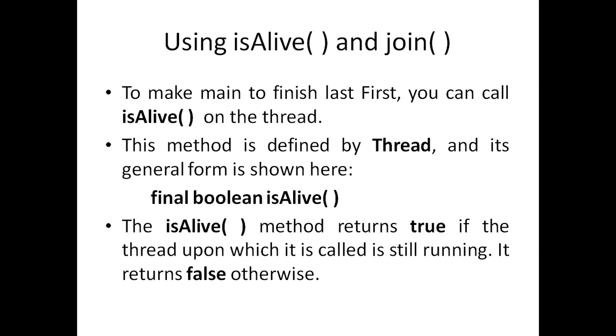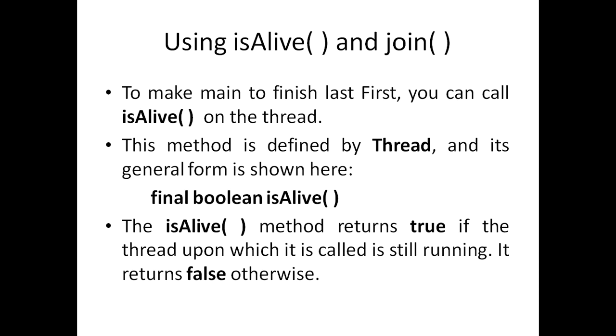In the example of creating multiple threads, we created 3 threads in the program and told the main thread to sleep for 10 seconds by giving a value of 10,000 milliseconds to the sleep method, so that all 3 child threads complete their task and terminate, and then the main thread is allowed to terminate. But it is not always possible to let the main thread sleep for so many seconds.